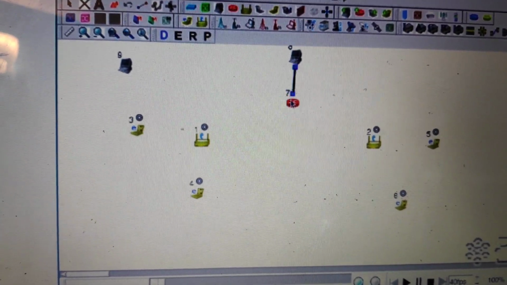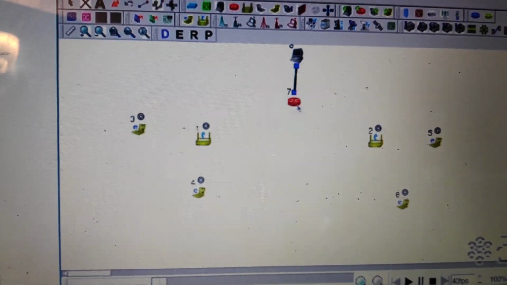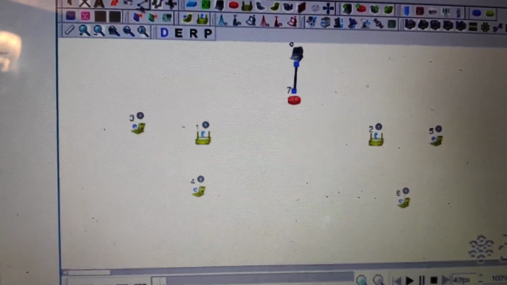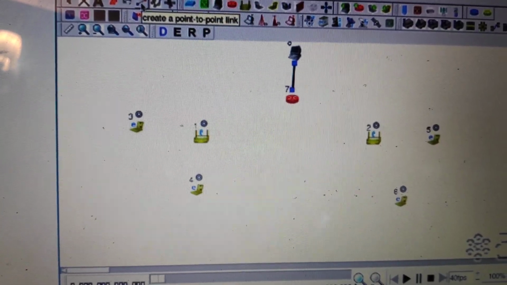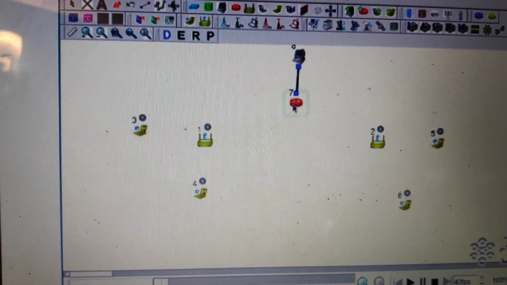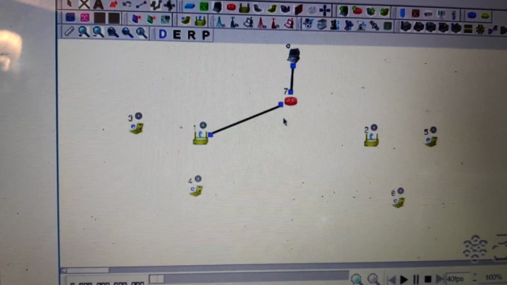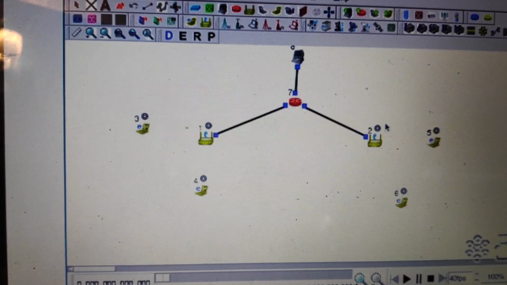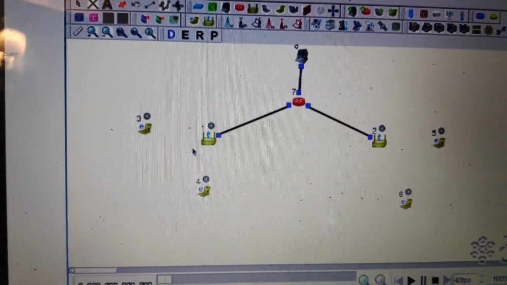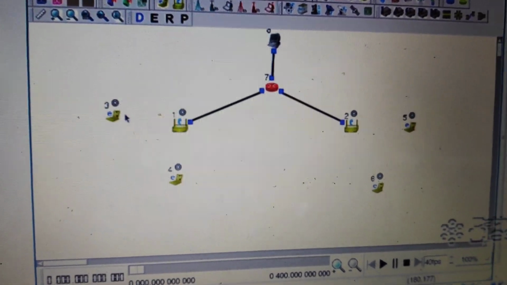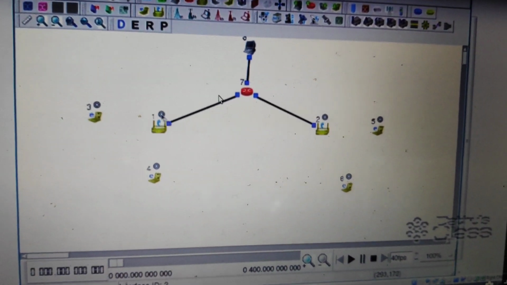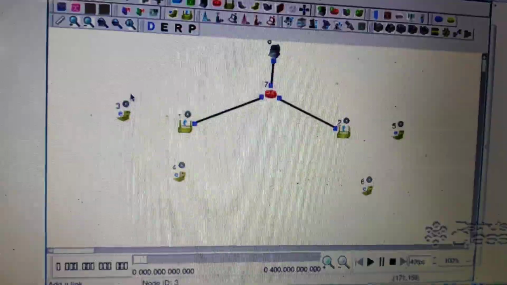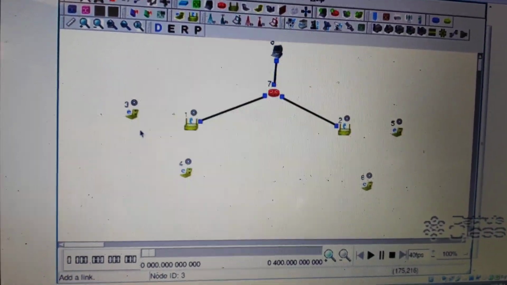I just click on the point to point link and drag. So there is a connection between the host computer and the router, and also from the router to the access point; I just click and drag it. Once the topology is drawn, with the access points kept, you are in the draw topology mode.